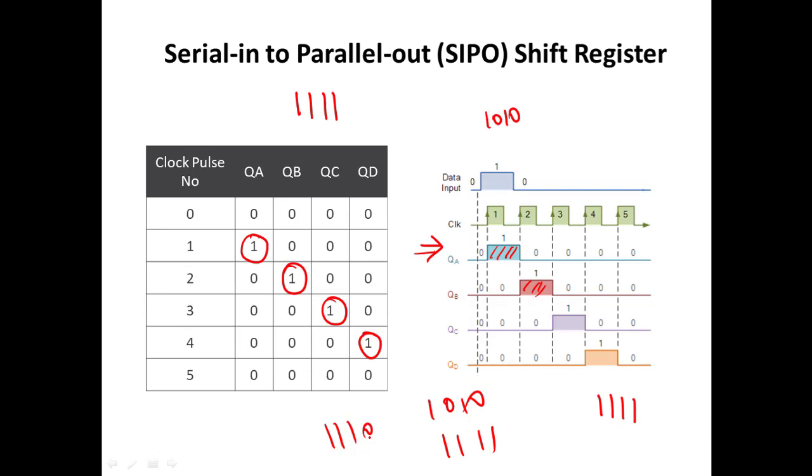So far we have discussed what a register is. A register is nothing but a collection of flip-flops, used to store bits of data. You connect the flip-flops in a daisy chain manner such that the output of one flip-flop is connected to the input of the other. You have 4 different types of shift registers: SISO, SIPO, PIPO and PISO. I have explained SISO and SIPO in this session.